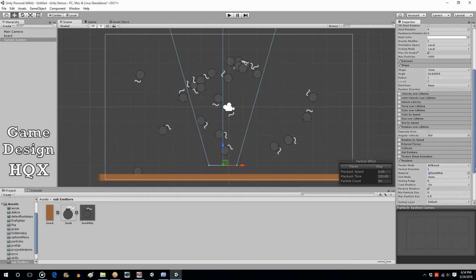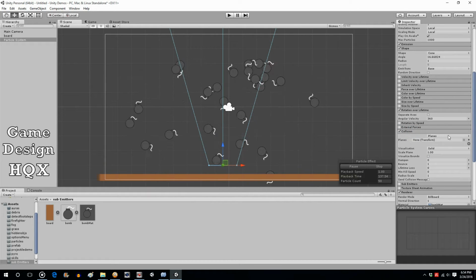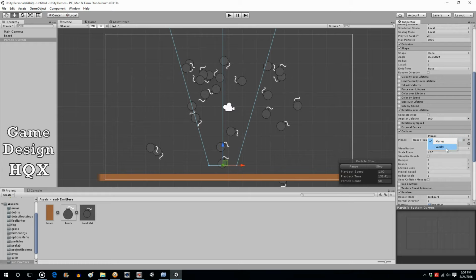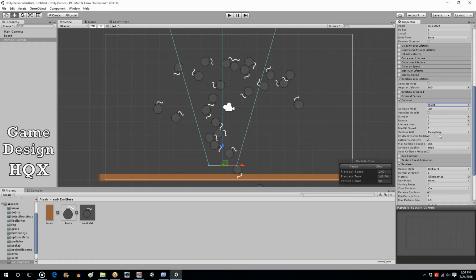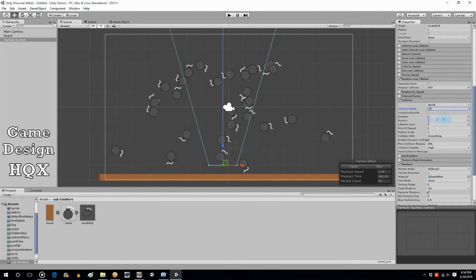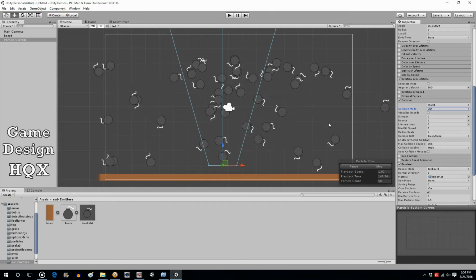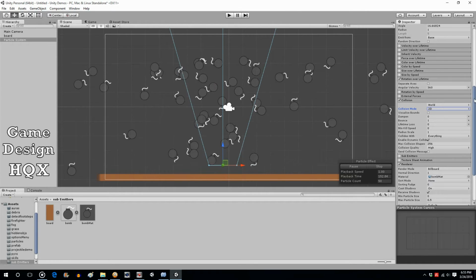So for the particle system, scroll down and go to collision. Unsurprisingly, click on world. It defaults to everything, but collision mode needs to be set to 2D. And boom, everything's bouncing. Now we've probably got a few too many on the screen at the moment, so let's